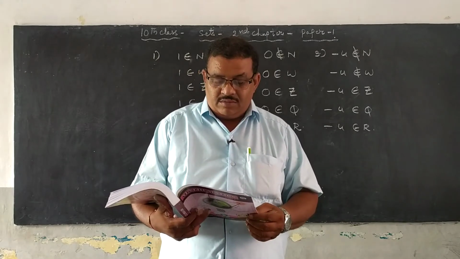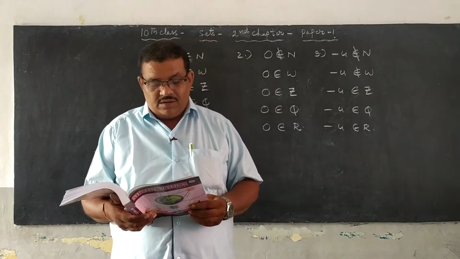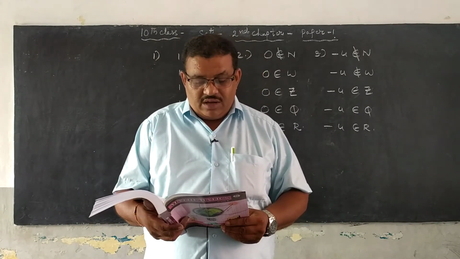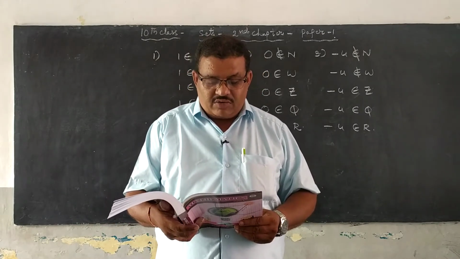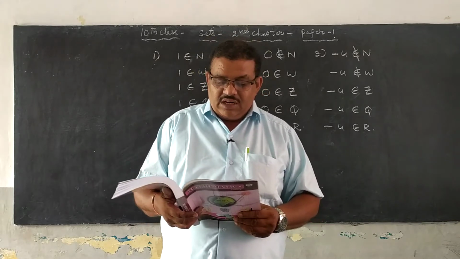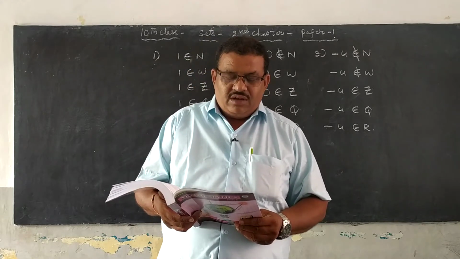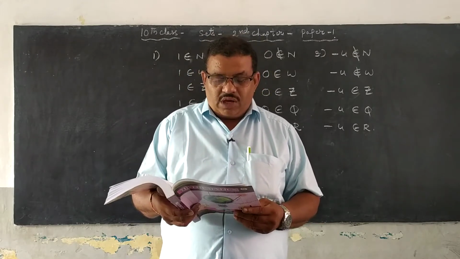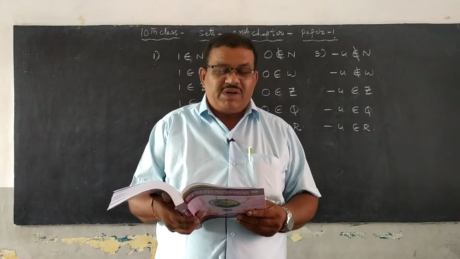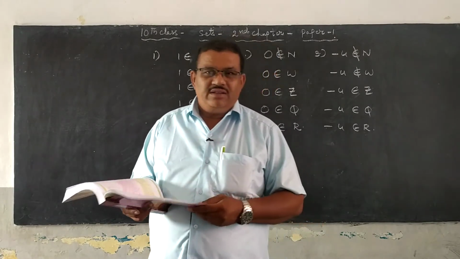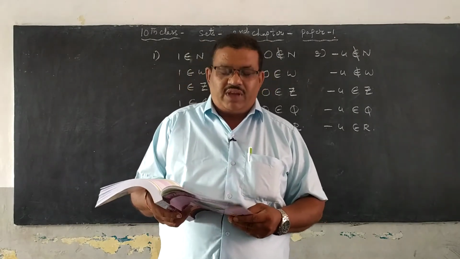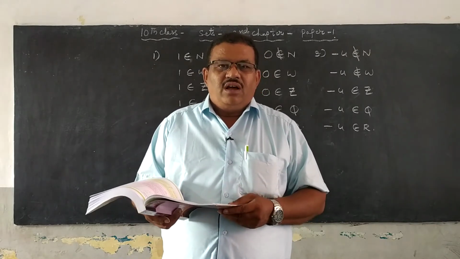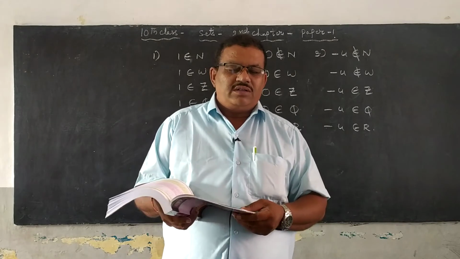Think and discuss on the same page 28. Can you write the set of rational numbers by listing its elements? There are so many elements. So can you write the set of rational numbers by listing elements? It is not possible to write in order. So we can express the general notation of rational numbers in set builder form.